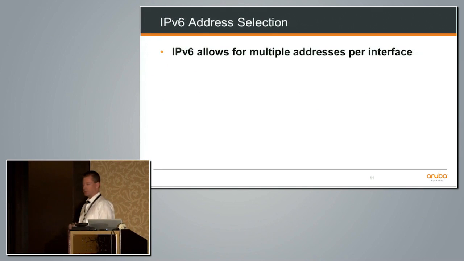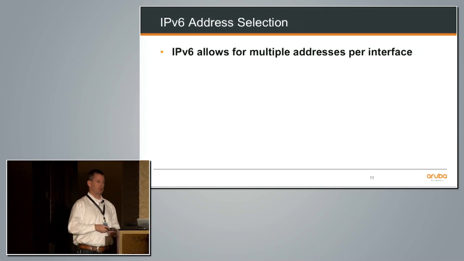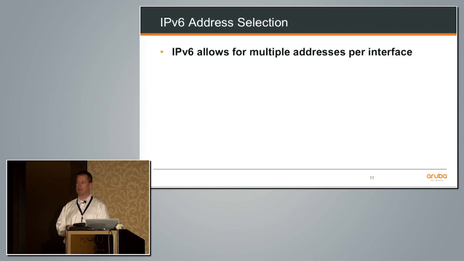From an address selection piece, I hinted on it earlier, we can have multiple addresses, we can have multiple prefixes. So the system has to have some method for determining which address I want to use when I'm trying to contact a host. Most of them, it is something that we can configure, we can have some influence on. Most systems will default to IPv6 first if it was successful in getting an address. If I get multiple addresses, you get into ordering as far as what prefixes, or priorities, that we had to figure out which ones to talk through.